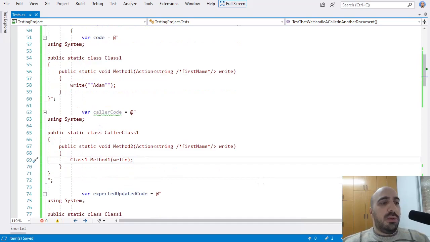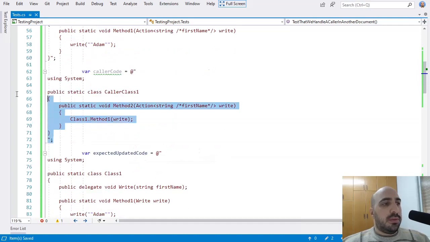Okay, so here we have another class that I'm going to put in another document that has a method called method2 with a similar Action parameter, and then this method2 will call class1.method1 passing this write parameter. Okay.